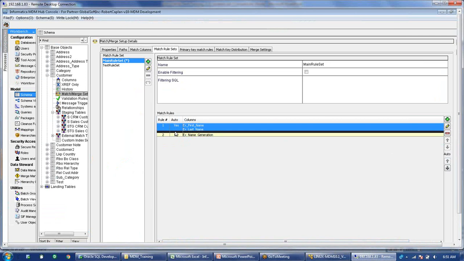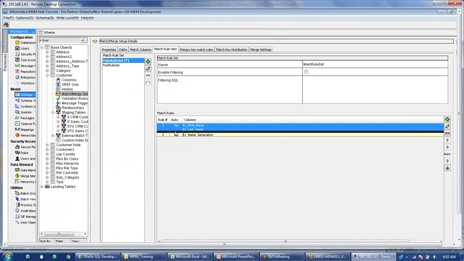This auto is usually set based on a lot of testing, when we are 100% sure that all the records which are getting matched on these two are accurate. As of now it will be accurate only because this is an exact match, so we don't have to bother much about this. But if we have first name and last name as a fuzzy column, in that case we have to think about whether it is matching correctly or not. So when we are 100% sure that it is always matching correctly on whatever records we have tested, we will make this an auto, so that once MDM matches the records, it automatically merges the records.